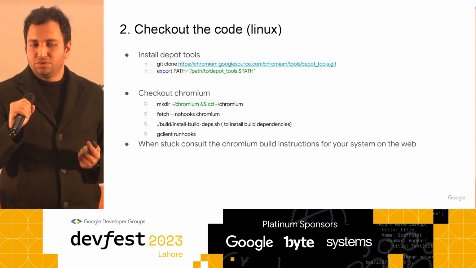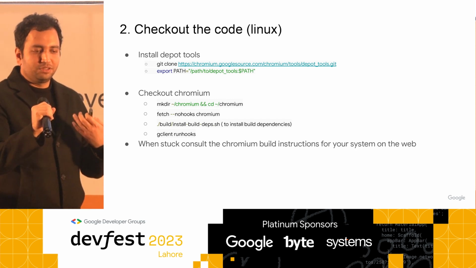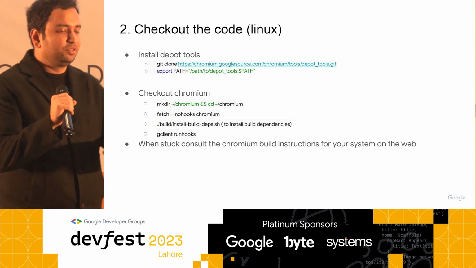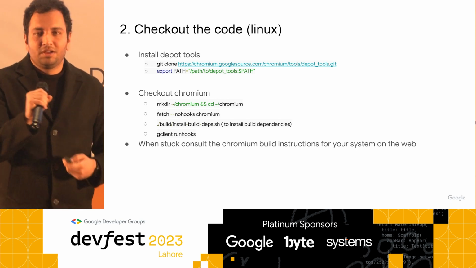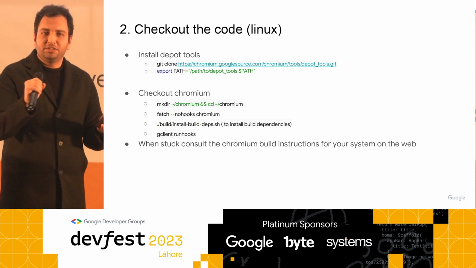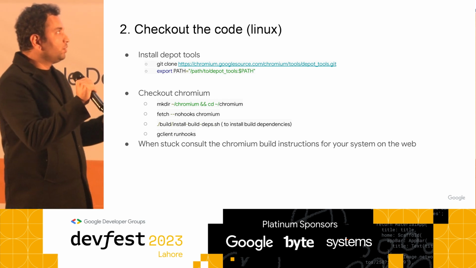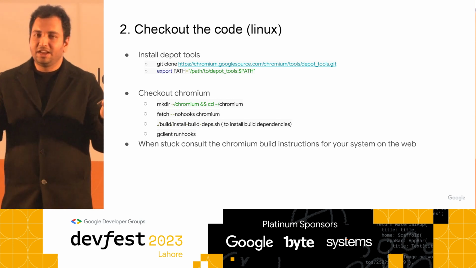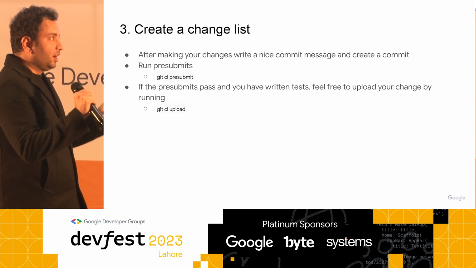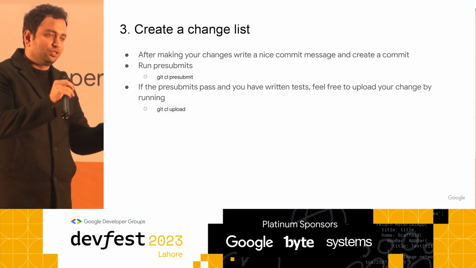And as soon as you have created this, the first thing you should do is click on CQ dry run. How many of you are familiar with CI/CD pipelines? I think most of you. For those of you who are not, CQ is basically like CI/CD. They are try-bots. It's called commit queue. What these things do is they take your patch, they apply your patch